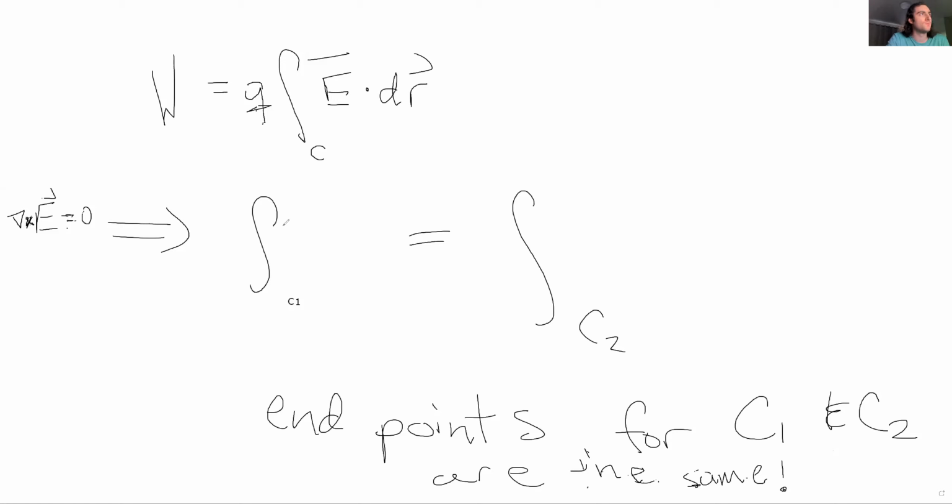So if E is conservative, the integral on these two paths is the same, provided they have the same endpoints. And that is if and only if. Any vector field where the integral on two different paths with the same endpoints is the same, for all arbitrary paths, implies that the curl of that vector field is also 0. So the curves C1 and C2 are arbitrary, but they have the same endpoints. When we do that, we can say this is equal to minus the change in